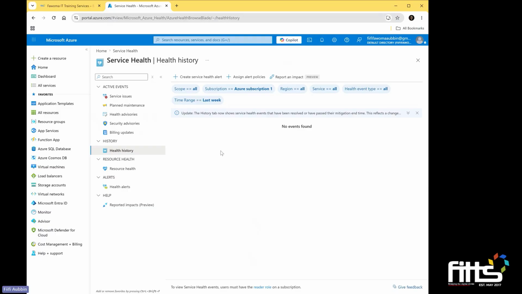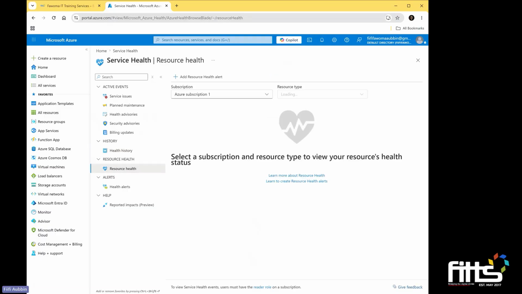Now I'm going to move on and click on resource health. And this is one of the favorite features because it connects Microsoft platform with your own resources. And you need to understand this. Okay. So resource health usually will tell us whether an individual Azure resource is healthy from Microsoft's perspective. So if a virtual machine becomes unavailable because of an Azure platform issue, resource health helps identify that. So instead of wondering whether the problem is your fault or Microsoft's, Resource Health provides additional insight into the status